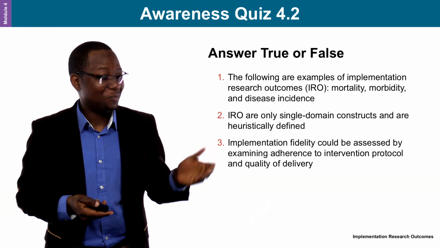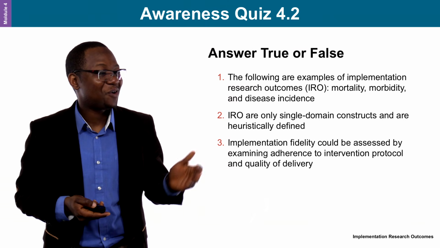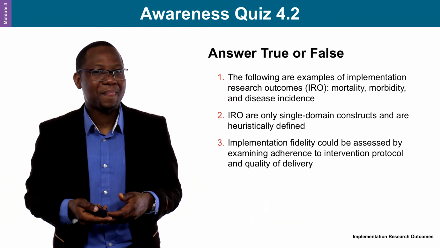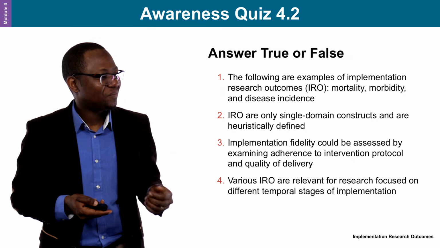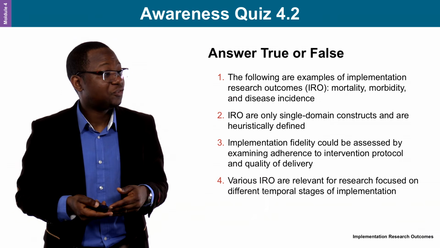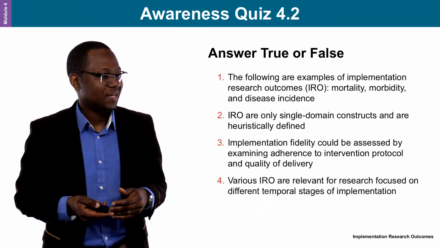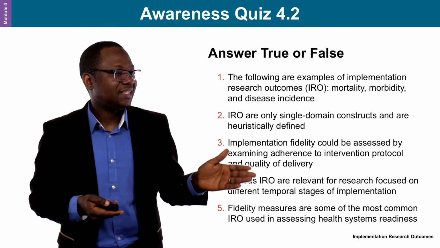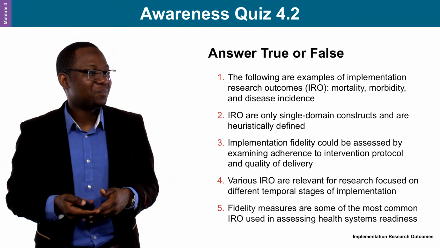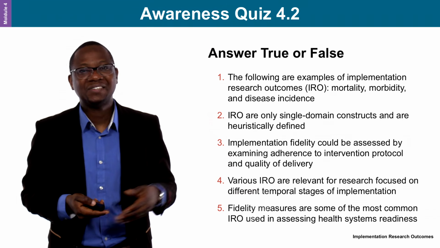Implementation fidelity could be assessed by examining adherence to intervention protocol and quality of delivery. Question 4. Various implementation research outcomes are relevant for research focused on different temporal stages of implementation. And the last question: fidelity measures are some of the most common implementation research outcomes used in assessing health system